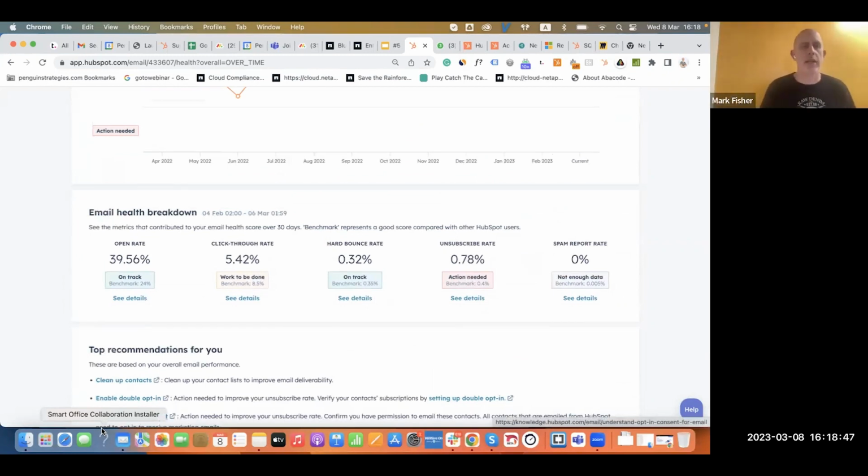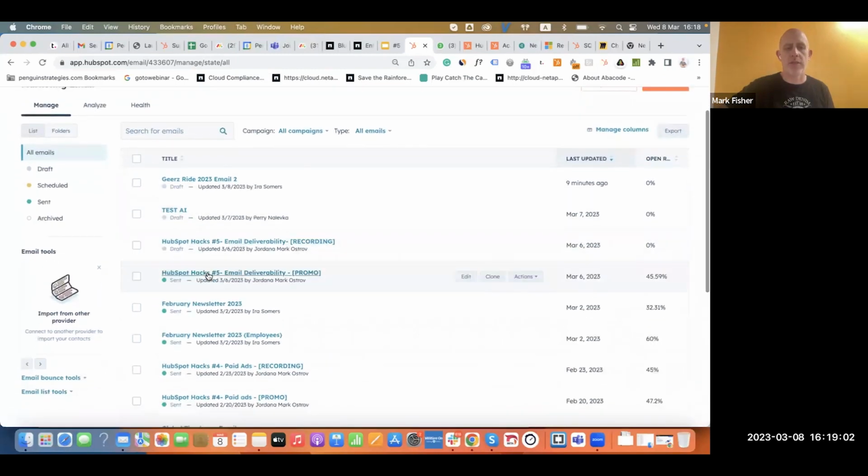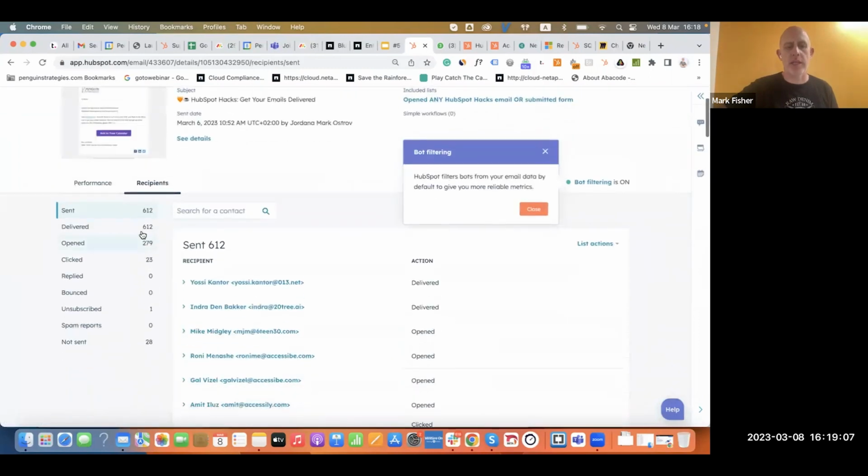So what you're saying is that the difference is between, as you brought up at the beginning, delivered, where I can see maybe here that it's delivered in a specific email. If I jump back for one second and go into the analytics of a specific email, I can see recipients, and I can see sent, delivered, opened, clicked, bounced, unsubscribed. So not sent, I know, is a list of people that have either unsubscribed or hard bounced and so on and so forth. But what you're saying is that out of the 612 here, there might be a certain amount that have been delivered,